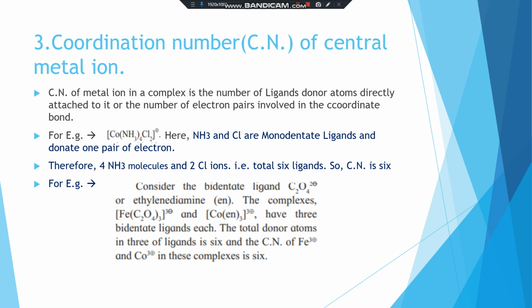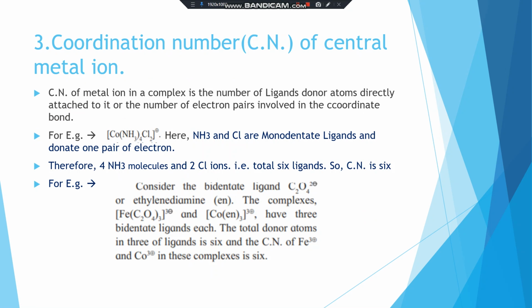All these are monodentate since each has only one donor atom. There are 6 donor atoms in the complex. Therefore, the coordination number of the Co3+ ion in the complex is 6. Thus, the coordination number of the metal ion attached to monodentate ligands is equal to the number of ligands bound to it. Consider bidentate ligands,